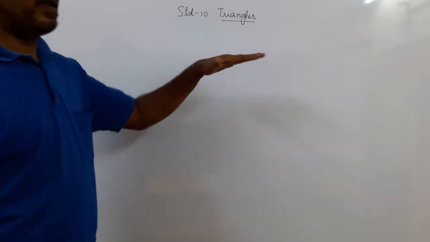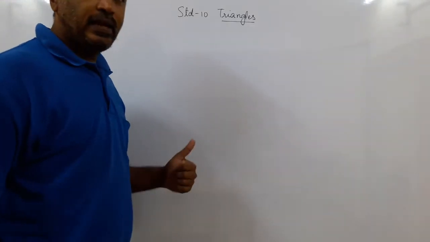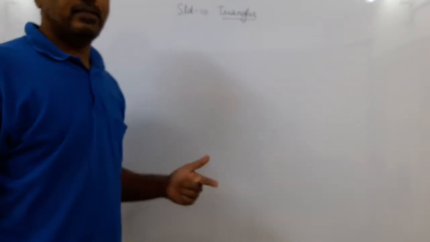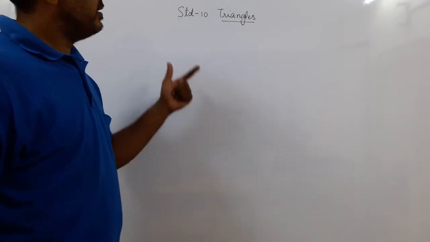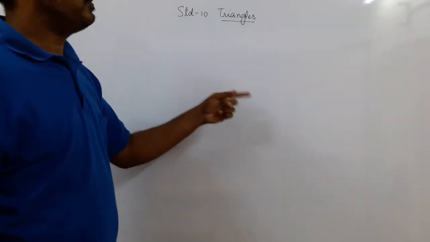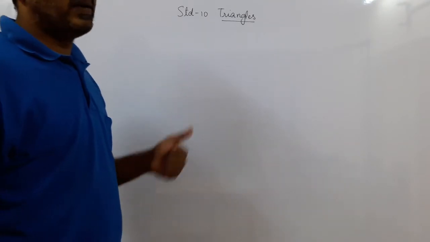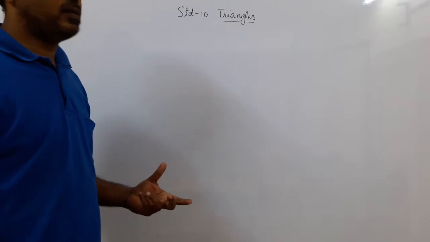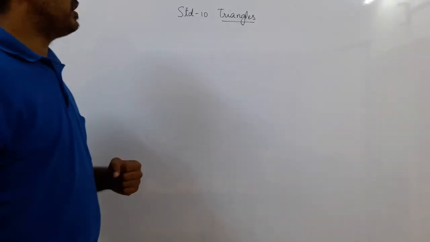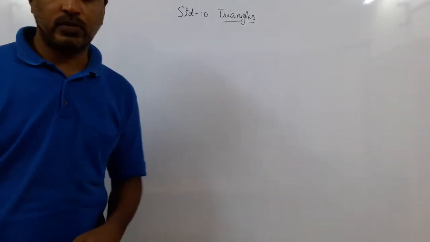If you remember, till yesterday we did the parallel theorem, the AAS similarity criterion, the SSS similarity criterion, the SAS. Then we did similarity of triangles with the ratio and the Pythagoras theorem. Today we are going to take mixed examples and make use of the theorems that we know to prove certain sums. Okay? So let us begin.